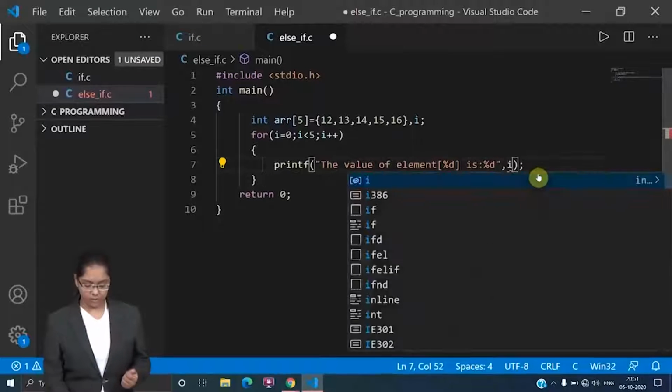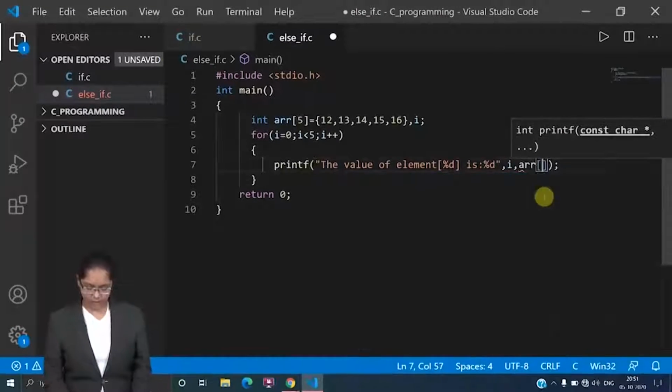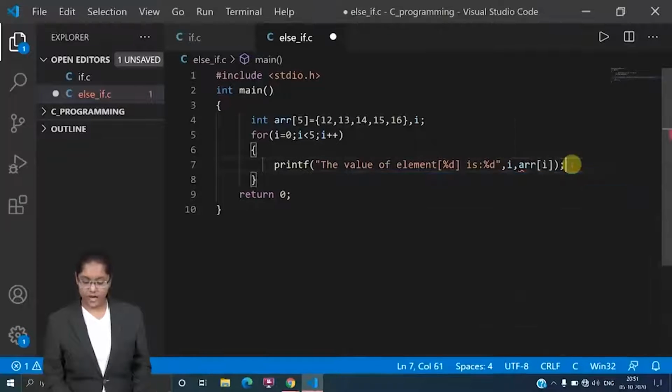So here I will give I, whereas the second value is stored in my array, so array of I, because I is my loop variable.